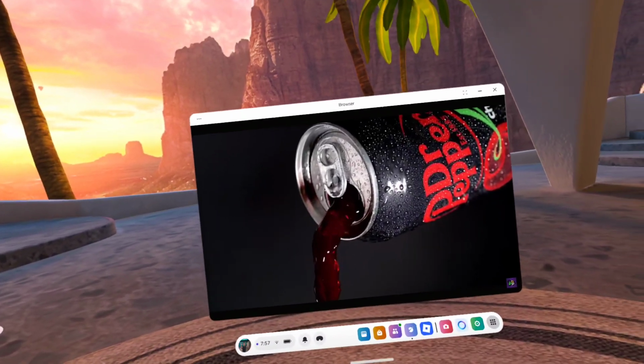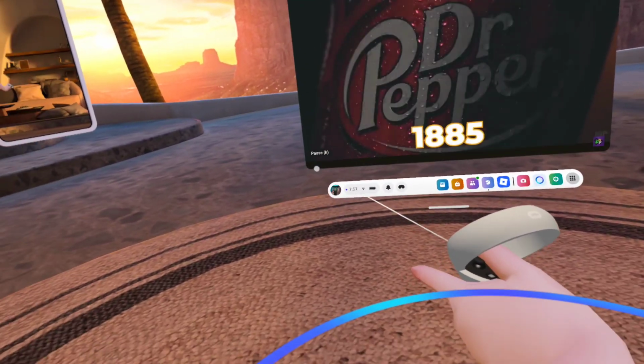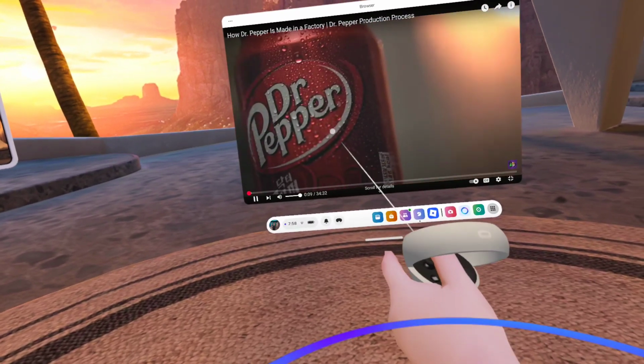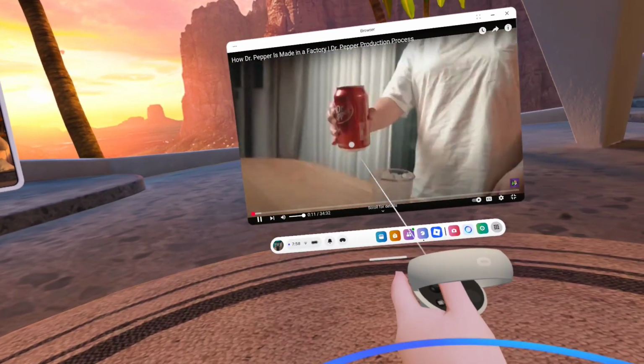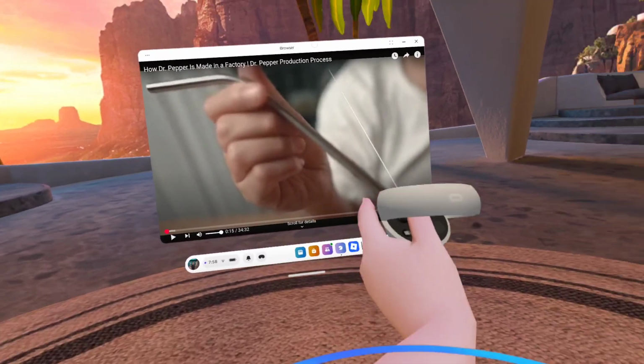Dr. Pepper holds the title as the oldest major soft drink brand in America. Crafted in 1885, beating Coca-Cola by a whole year. With its unique blend of 23 flavors, it's kept fans guessing and coming back for over a century. But what goes...